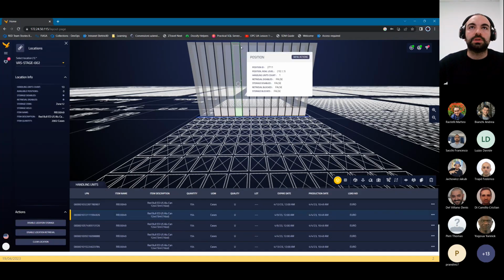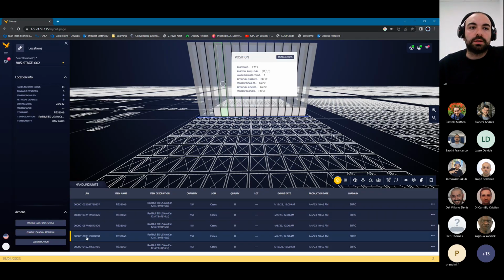I can click on the position. This column is the position of the location, and for every position, I can do some actions. And also, if I click on a position, automatically the handling units inside it will be highlighted in the table. So the normal